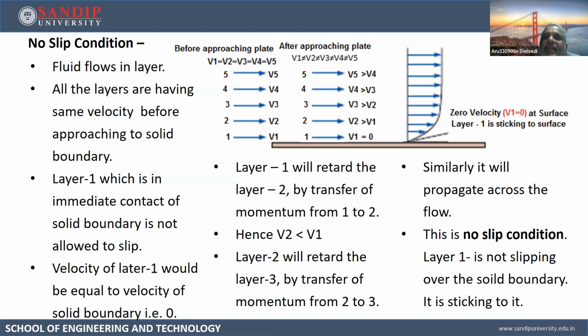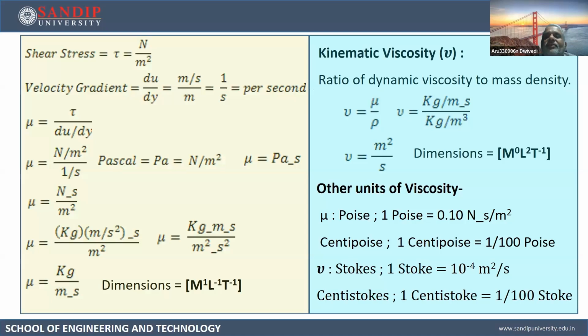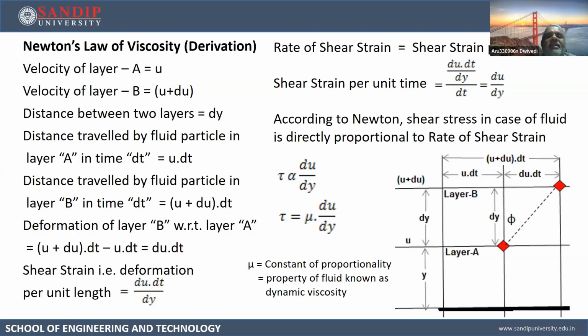Now, each and every layer is having a different velocity. So the momentum of each and every layer will be different. So in between these two layers, they are going to experience a force, right? So this is the no slip condition, and this is the basis for understanding Newton's law of viscosity. Tau is equal to mu into du upon dy, right? So this is all about the